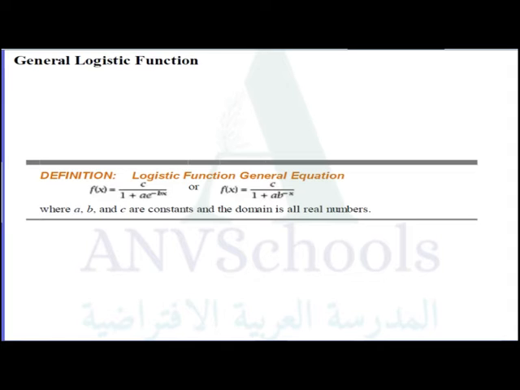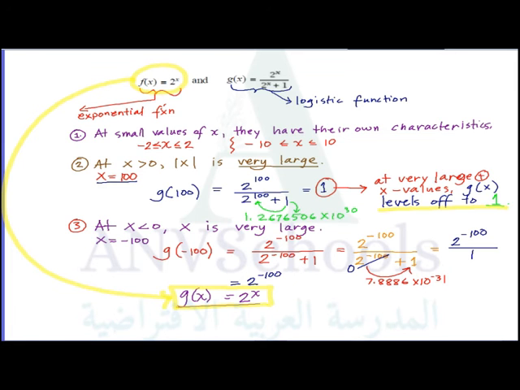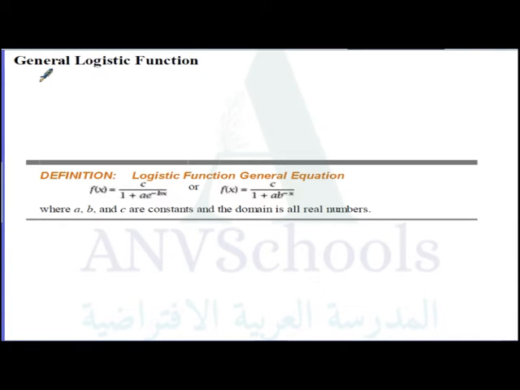Now we want to express our g of x, the function we use here. So let's write it here. g of x is equal to 2 raised to x over 2 raised to x plus 1. Now we want to transform this function into an expression wherein there is only one exponential function. So what we are going to do is to multiply both the numerator and the denominator by